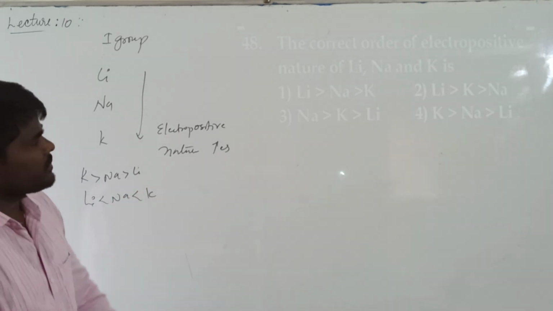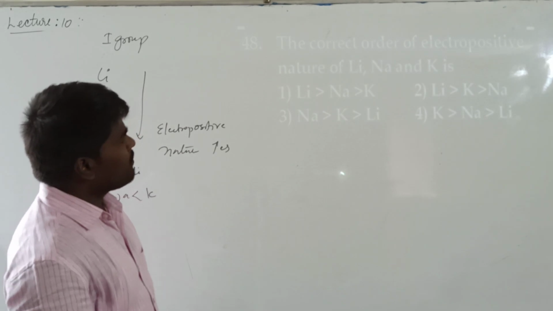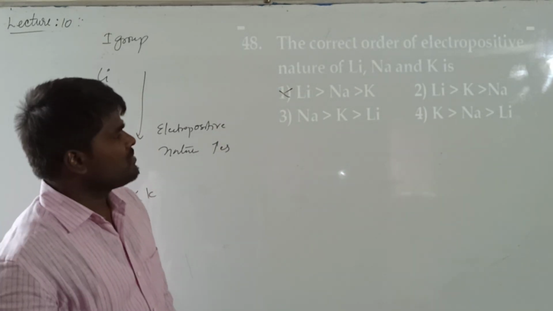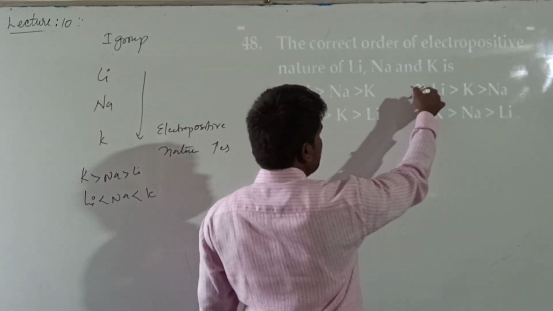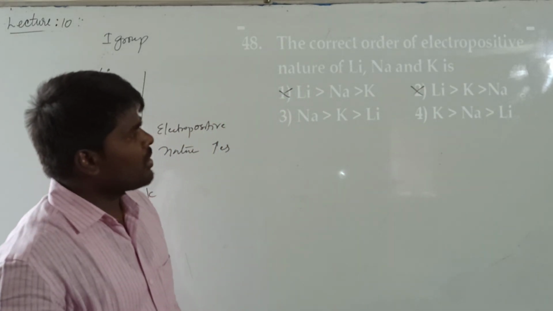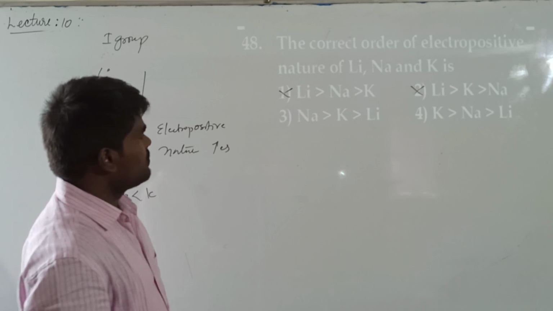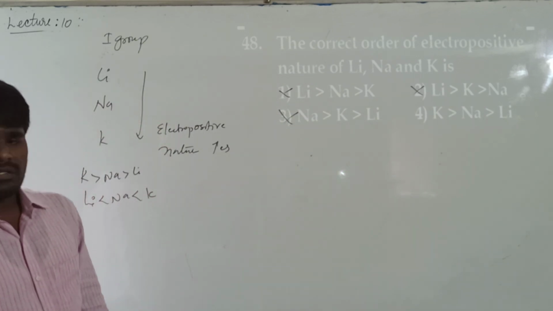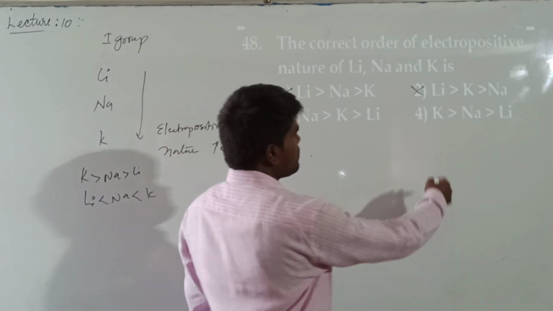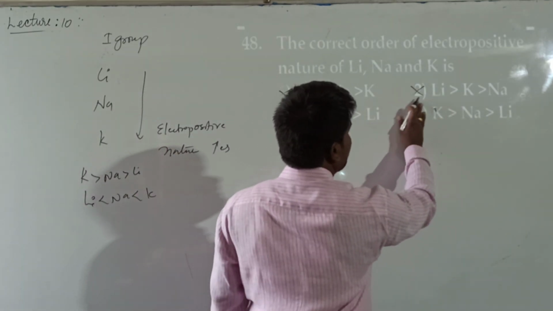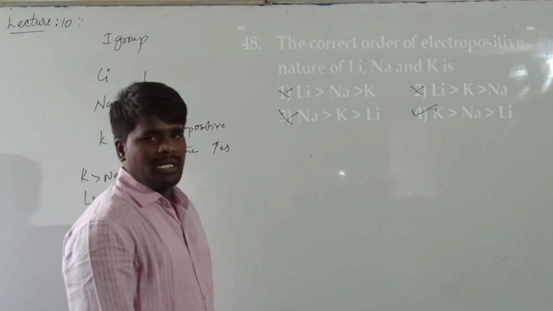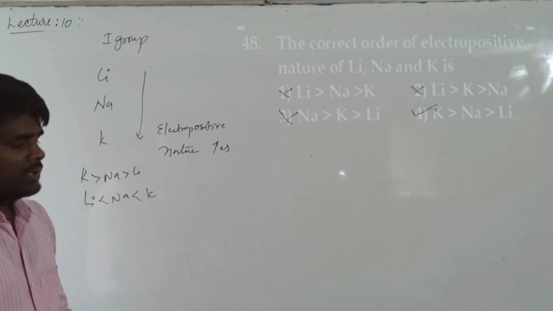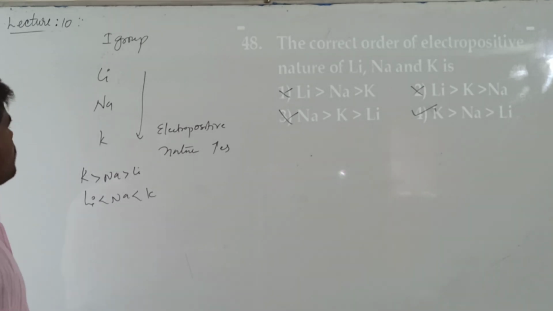Now let us see which is the right option. Is it the right option? Completely quite opposite. Lithium is least electropositive. Here also it is wrong because he has said that lithium is more electropositive than potassium. Why is this also wrong? He is saying that sodium is more electropositive than potassium. What is the right answer? Potassium followed by sodium followed by lithium is the decreasing order of electropositive nature. Hope it is clear. We'll move to the next question.